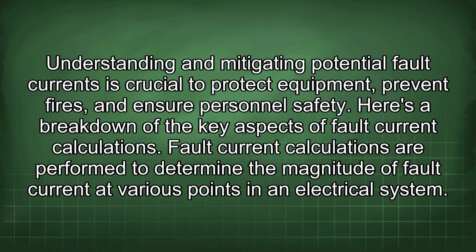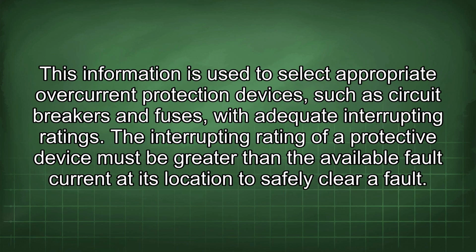Fault current calculations are performed to determine the magnitude of fault current at various points in an electrical system. This information is used to select appropriate overcurrent protection devices, such as circuit breakers and fuses, with adequate interrupting ratings. The interrupting rating of a protective device must be greater than the available fault current at its location to safely